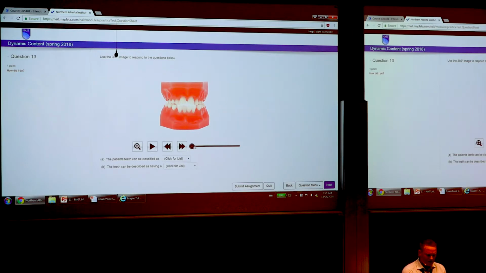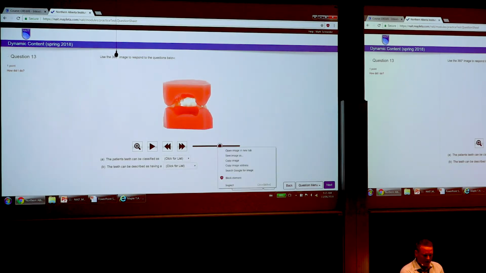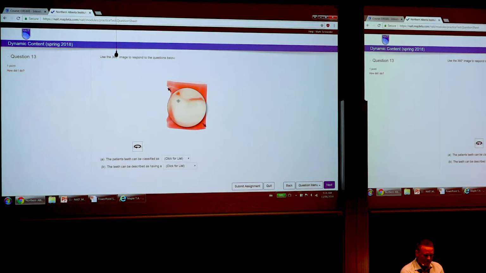So a student here can manipulate a 360-degree dental x-ray to be able to determine the alignment of the teeth at the front of the mouth, as well as align the teeth at the back of the mouth. And a student can even zoom right in if they want to on the image to determine various things about the teeth. So we did build that. What's nice about it is after the student's done with the teeth, they can then determine the type of classification that the teeth are. So completely non-analytical using Maple